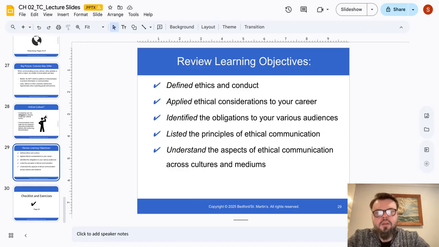We also looked at how legal frameworks like copyright, trademark, contract, and liability law shape what writers can and cannot do, and why clarity, accuracy, and visibility are ethical obligations, not just stylistic preferences. We examined how corporate culture influences ethical behavior, how social media complicates professional responsibility, and how global communication introduces new ethical and legal challenges. All of this connects directly to our course level essential questions.